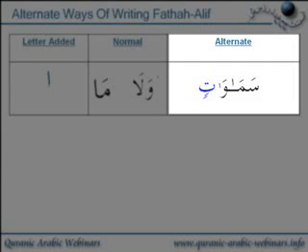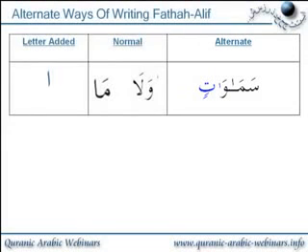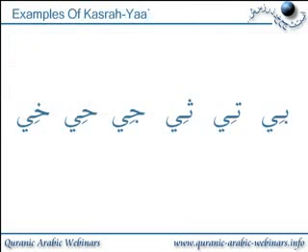If you look at the meem and the waw, they both have a fatha on top of them, plus they have this small little alif. It's called the short alif, or some people call it the dagger alif. And that's another way of writing the fatha alif. Now we'll look at examples